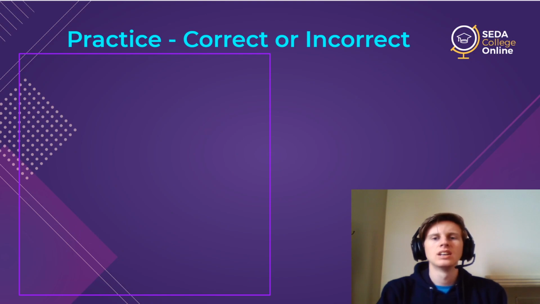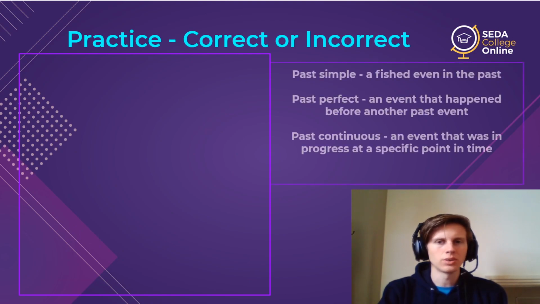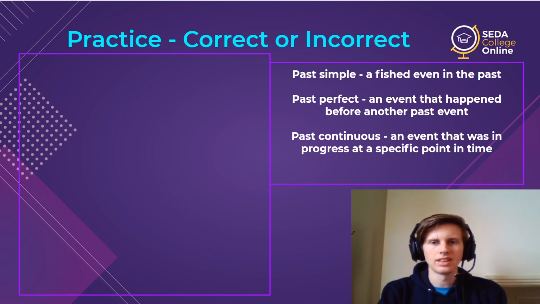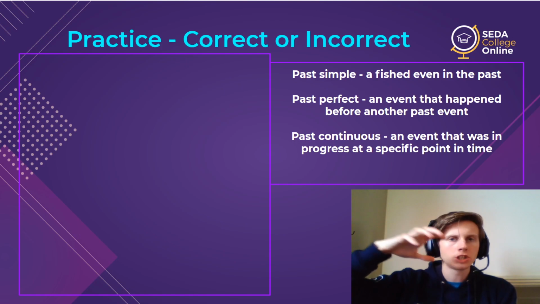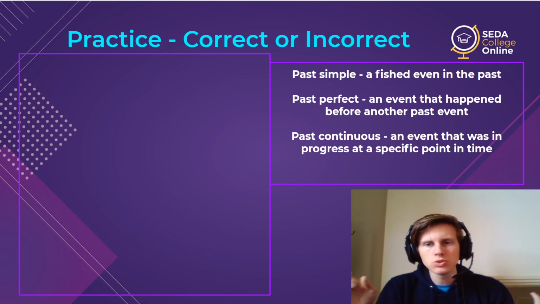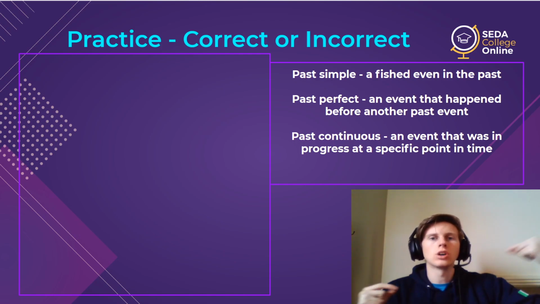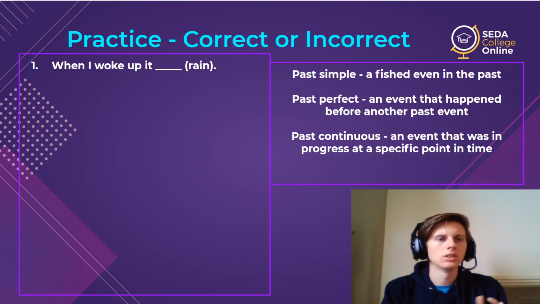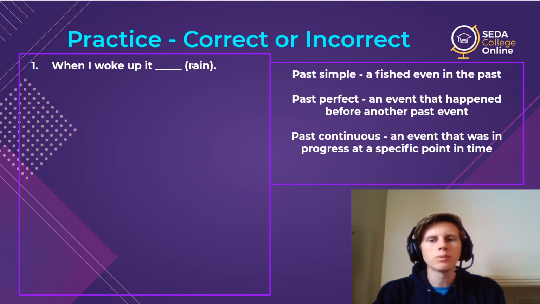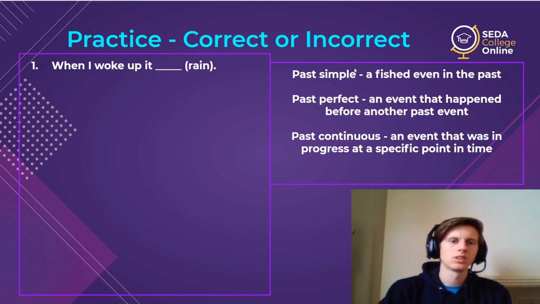All right. So, practice. We are going to look at these forms: the past simple, the past perfect, and the past continuous, and we're going to use them in a story. So I'm going to show you 5 sentences. They are all one complete story, so do not think about them individually. Think about them in connection to the whole story. So, number 1, I'm going to show you the sentence with the verb to use. I want you to choose past simple, past perfect, or past continuous and try to make the correct form of the verb. So here, when I woke up,